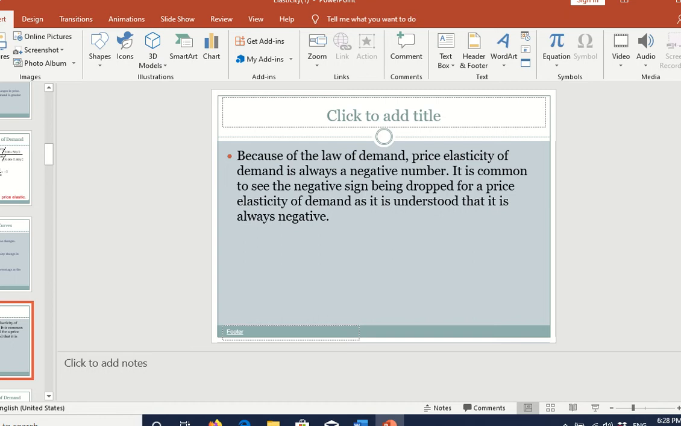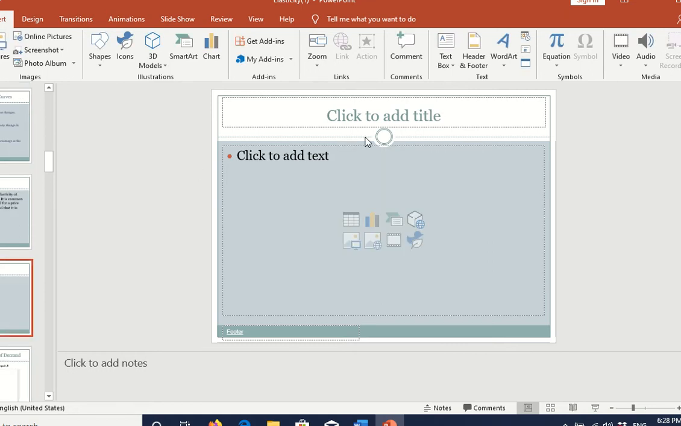So because it's always negative, it is common to see the negative sign being dropped for a price elasticity of demand, as it is understood that it is always negative. So in your textbook, sometimes you see price elasticity of demand without a negative sign. And that is probably not an error. Well, your textbook does have some errors sometimes, but probably not this one. This one is probably done deliberately. The negative sign is dropped deliberately